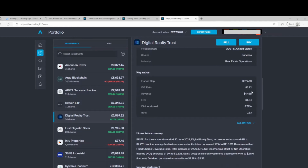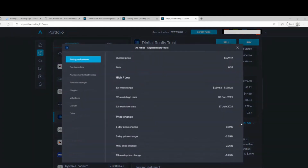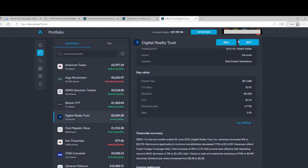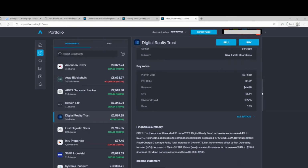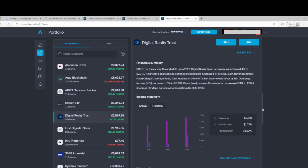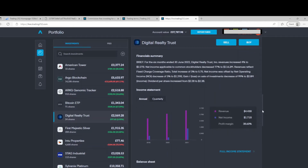They can be a little bit out of date. They get the data from elsewhere, and you can dive into these, but I would try and get your information from somewhere else, to be honest. I tend to just use them as a platform to buy and sell, and get the information from elsewhere. Similarly with the financial summary, they'll give you revenue and net income and that sort of thing,